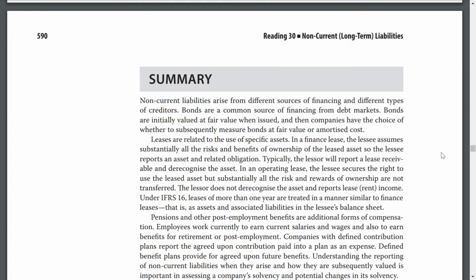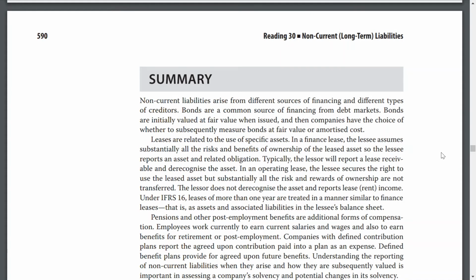Leases are related to the use of specific assets. In a finance lease, the lessee assumes substantially all the risks and benefits of ownership of the leased asset and the related obligations. Typically, the lessor will report a lease receivable and derecognize